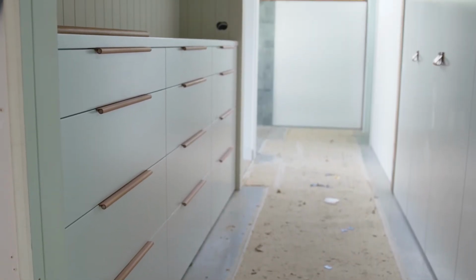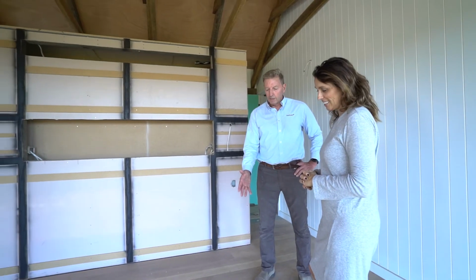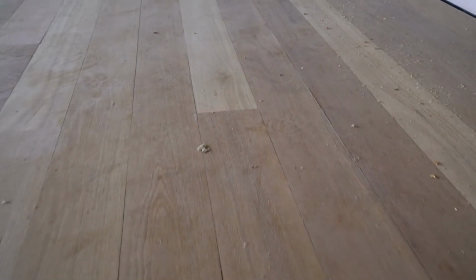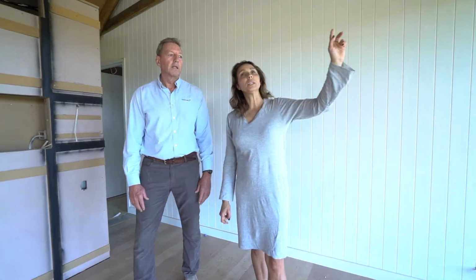And I understand the upholstery that you've organised has arrived at the cabinet makers. Yes. And the only timber floor in the house. Yeah, it's beautiful. It's a wide-board black butt. Yeah, it feels solid under feet. Booked in to get sanded in a couple of weeks' time. I think your preference was to not have a glossy finish on it, to get it as flat as possible for the look here. And we're going to be putting in beautiful linen curtains from